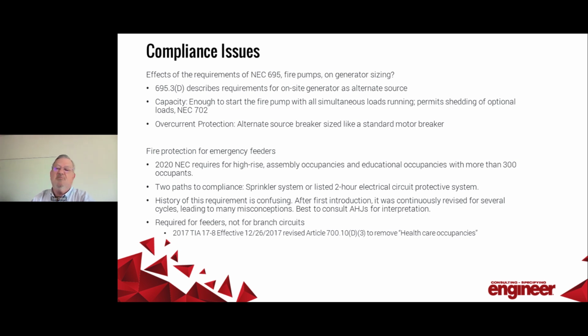To be protected by fire suppression, circuits have to be installed in spaces or areas protected by an approved automatic fire protective system. Now, our circuits are usually installed above ceilings, while fire protection systems are usually protecting the space below the ceiling, the occupied zone. It's not entirely clear whether feeders installed above the ceiling of a fully sprinklered area are considered to be in the area protected by the sprinklers or outside of the space protected by the sprinklers. In the end, an AHJ will decide, so it's important to get their opinions during the design process.